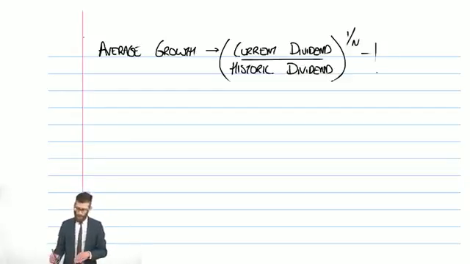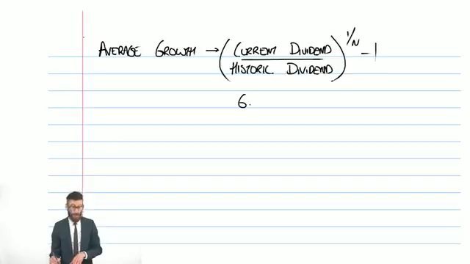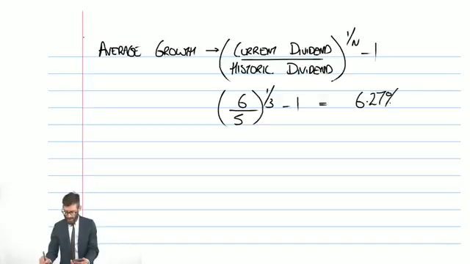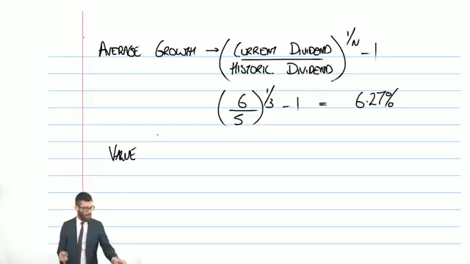Well, in this question, it said the current dividend, and we're doing this in total, is 6 million. Historically it was 5 million, and that was 3 years ago. So on our scientific calculator, 6 shift divide by 5 to the power of 1 shift divide by 3, that gives me 6.27%. And therefore, the value of the business using the dividend growth model,